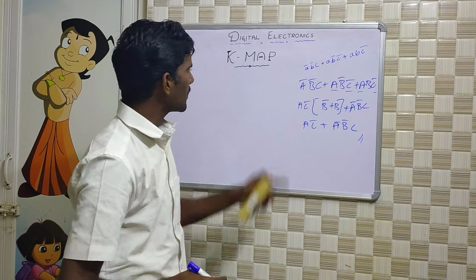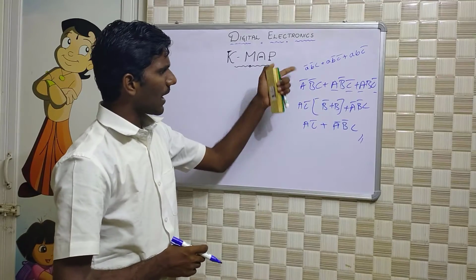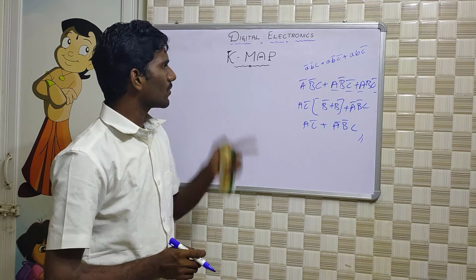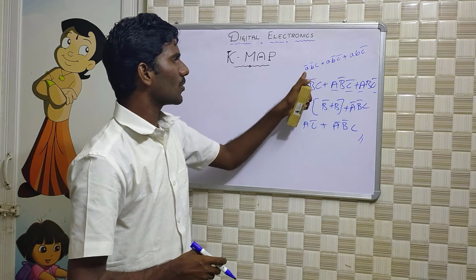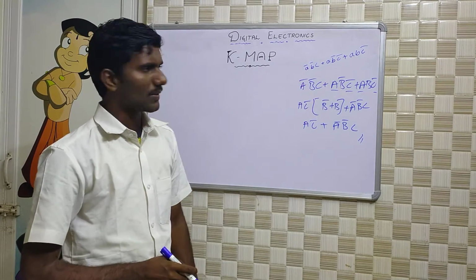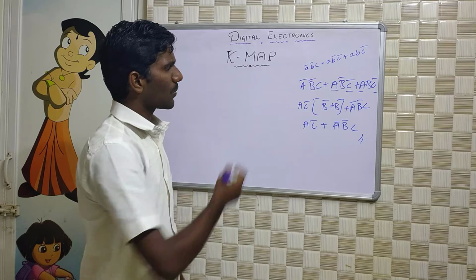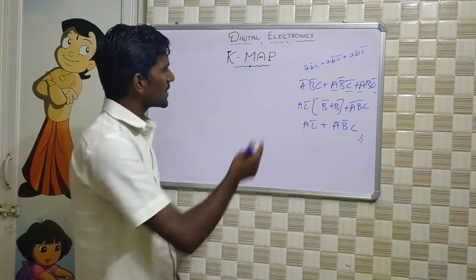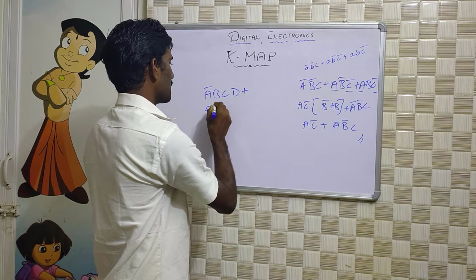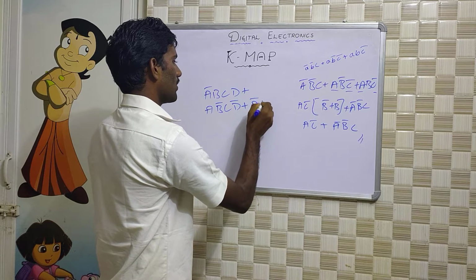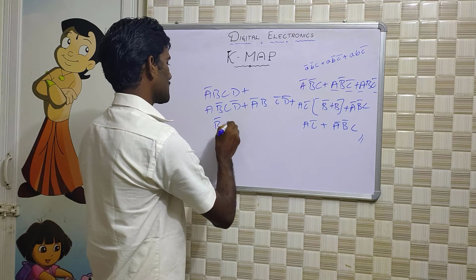The same question can be reduced by using K-map also. You can ask the question: we already have one method, so why are we going to K-map, called Karnaugh map? If it is a simple 3 variable expression with only 3 terms, we can reduce it by using Boolean algebraic properties and theorems. But suppose it is a 4 variable expression, like A bar B C D plus A B bar C D bar plus A bar B C bar D bar plus B bar C bar D.